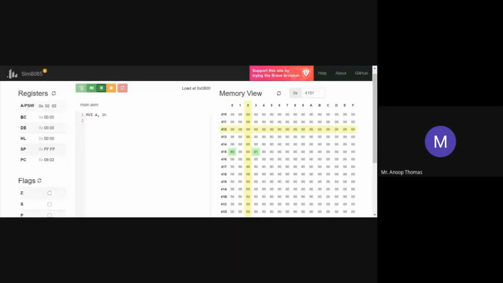In the simulator, in the main.asm, just type in MVI A comma 2H. Have you done that? Are you there?